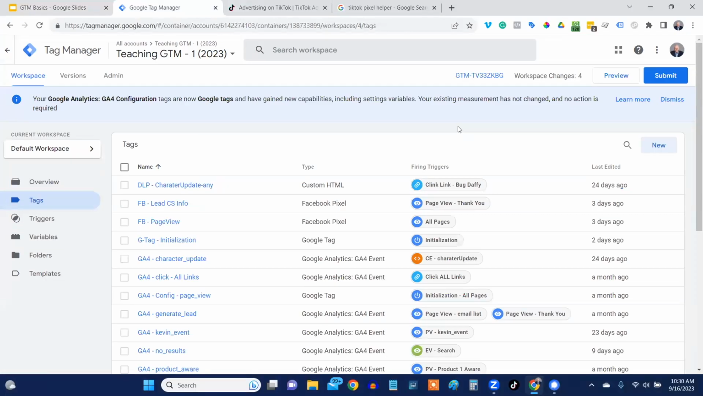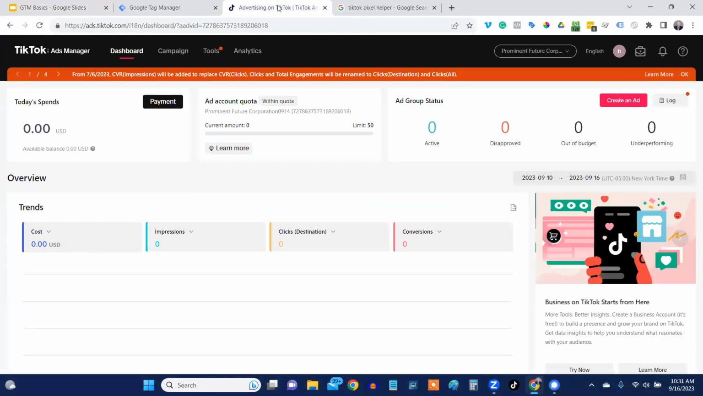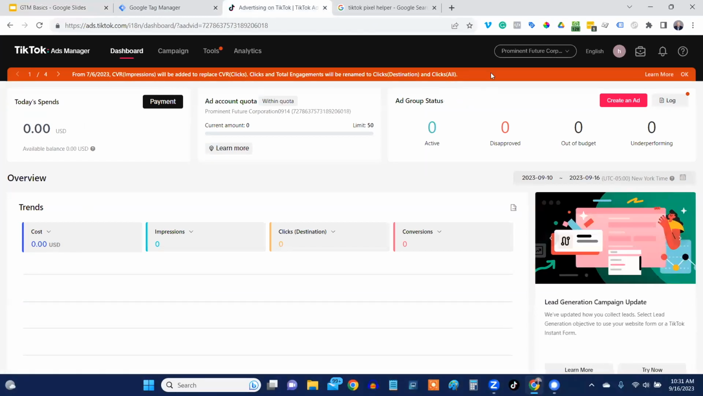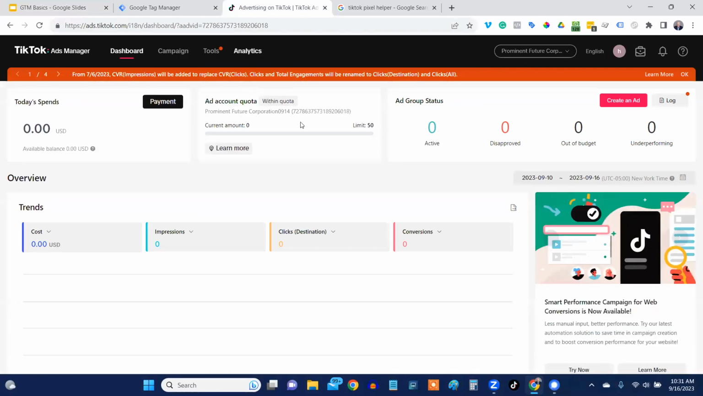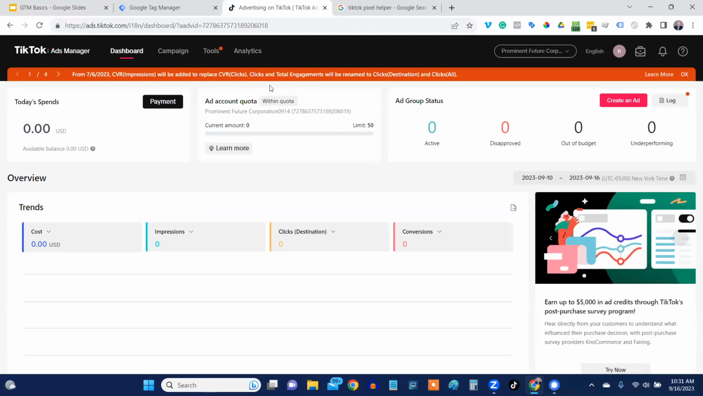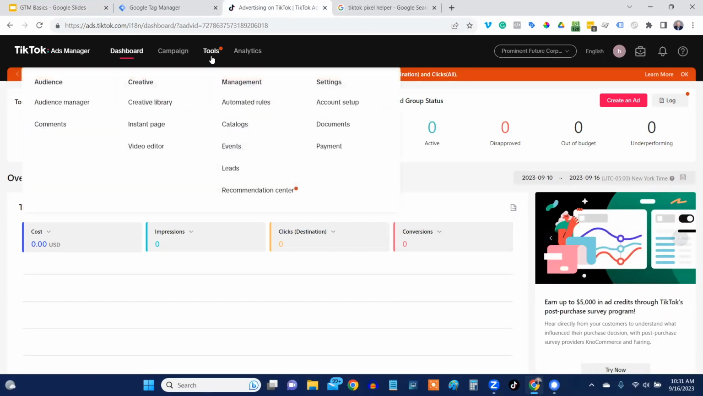Okay, here we are back in Google Tag Manager, in the teaching GTM container. And before we get to that, there's a couple things that we're going to need to do to set up the TikTok pixel. Number one is you're going to have to set up a TikTok account, and I already have one set up. So basically what you would do is you just go to ads.tiktok.com and you would create an account,